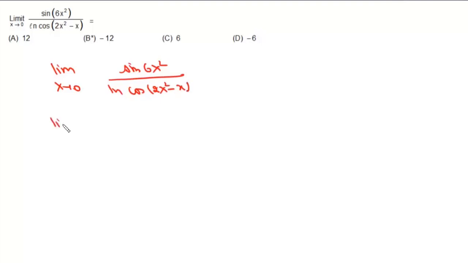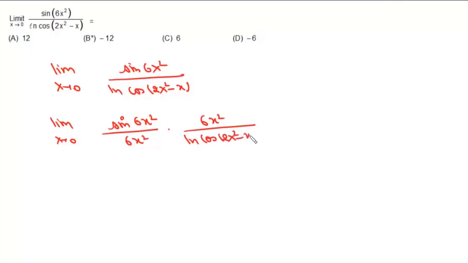Now what we'll do is, we'll write this as limit x tends to 0 sin 6x square upon 6x square, and here will be this 6x square upon log cos 2x square minus x. Now this is standard limit 1, and this is 0 upon 0 form, and for this